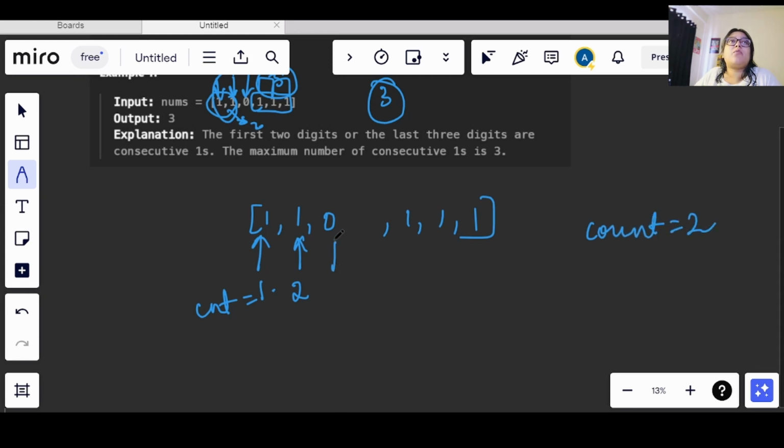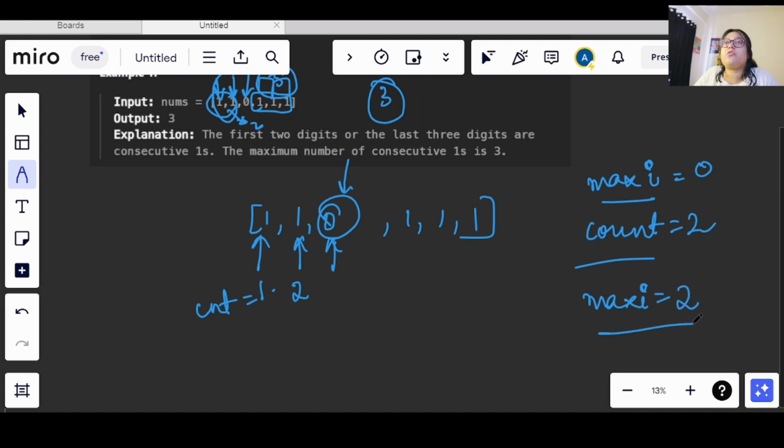After that I will come here and see that I have a 0, so I will have to stop here. Now I will have a maxi, in which I will be storing the maximum count of consecutive ones. It will be initialized with 0, and then we will compare these both. Whichever is maximum, we will keep in the maxi. So now our maxi will get updated to 2.